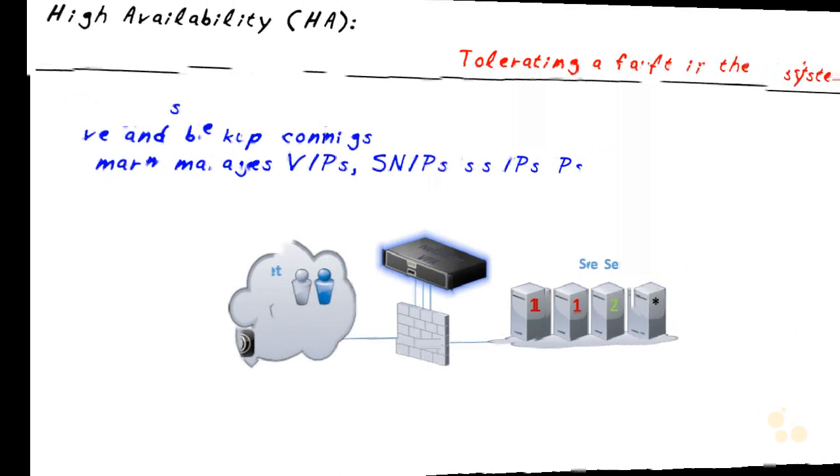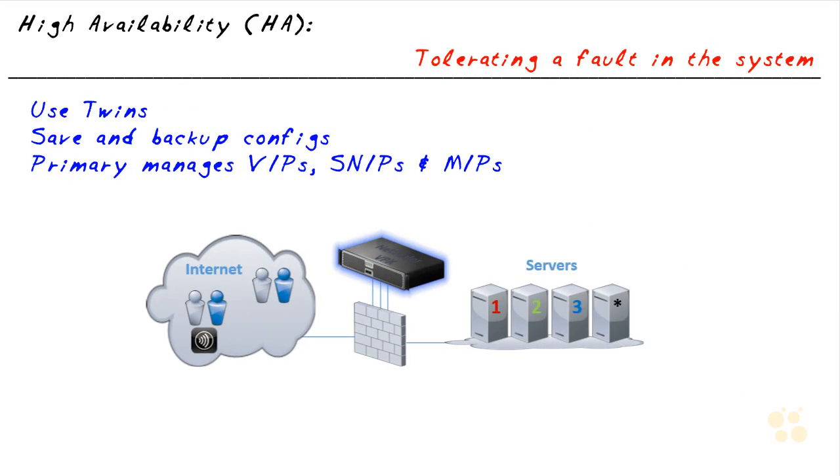We can build in fault tolerance. And from the movie Contact, I love one of the quotes that says, "Why build one when you can build two for twice the price?" So for fault tolerance, what we can do with the NetScaler is we can have two NetScalers for fault tolerance. So perhaps this is NetScaler 1, and then we have another NetScaler 2. And if we have